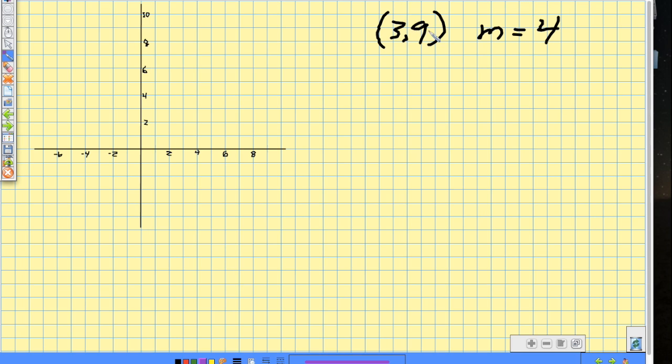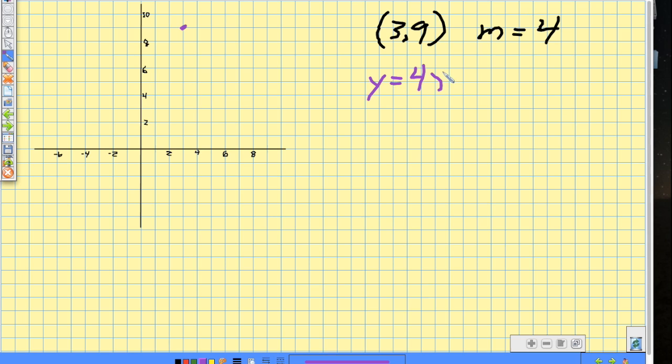Here's another point on the line and the slope, which means over here at 3 over and 9 up, that's a point on my line, and my line has a slope of 4. It's going to go something like this, but that's not a very good line, so I'm going to get rid of that. And I'm going to say, let's find the function of the line. Let's find its equation. Y equals